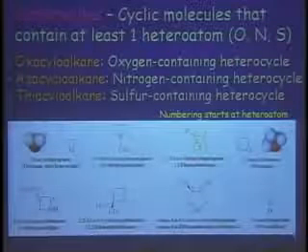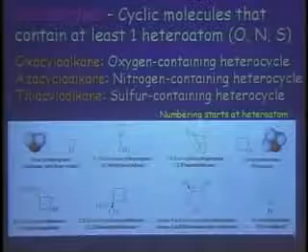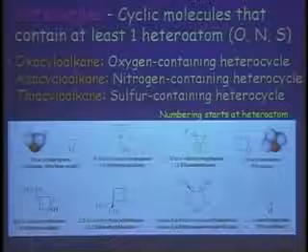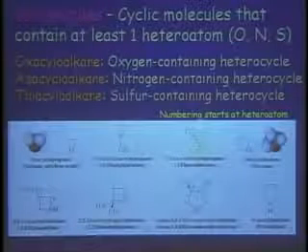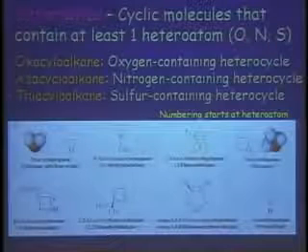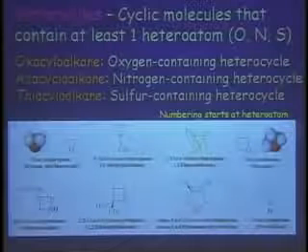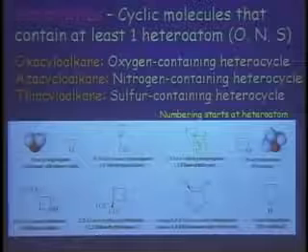So here's oxacyclopropane. Common name is oxirane or ethylene oxide. That's the three-membered ring oxygen compound. Here's a nitrogen compound. It's called an azacyclopropane. And when you have substituents on the nitrogen, it's an N-methyl azacyclopropane. So we're using the same N-alkyl nomenclature that we used for amines and then amides.